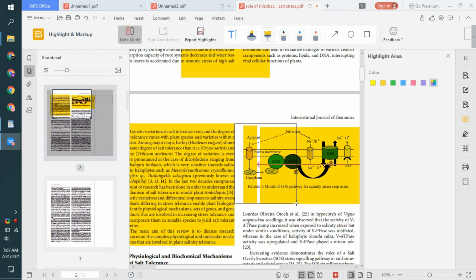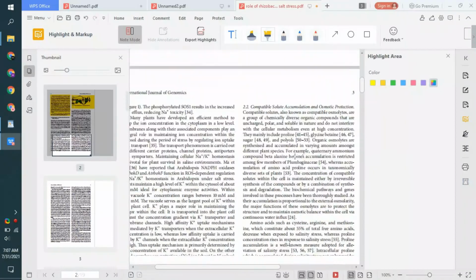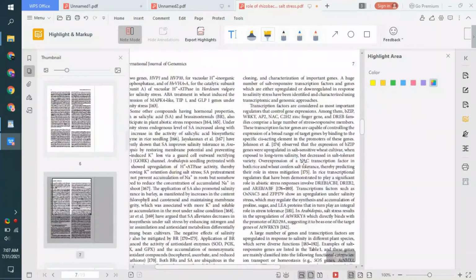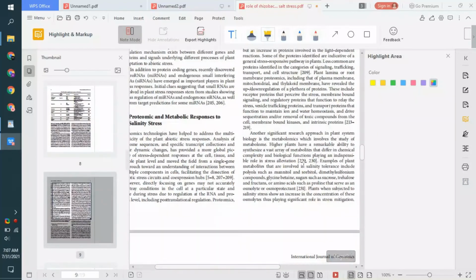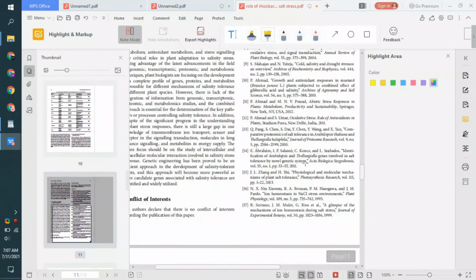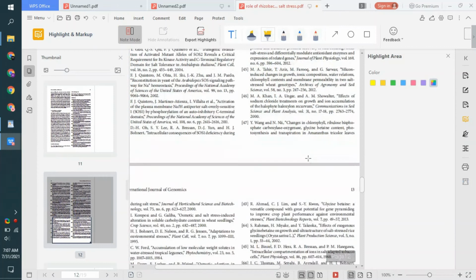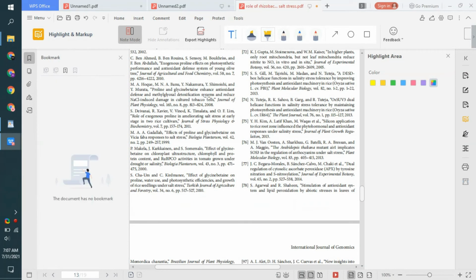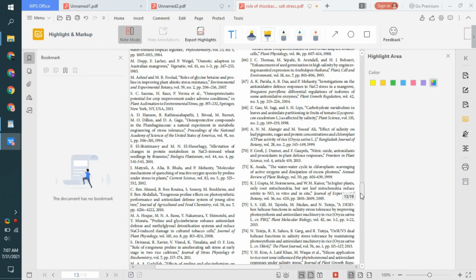So I'm going to create a quick overview around it. Let me show you how much I make around it. It presents a very sharp view which is not looking good, so I would not prefer to recreate or re-highlight your highlighted text. So I think you got some idea how you can do all these things, and it is a very simple and easy way to edit your PDF in WPS Office.